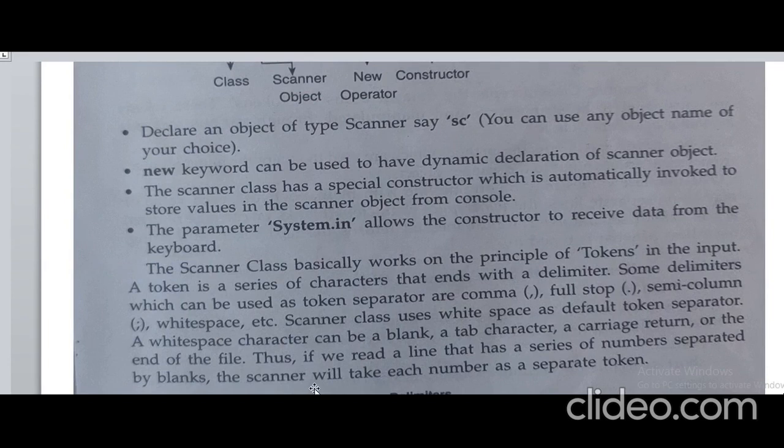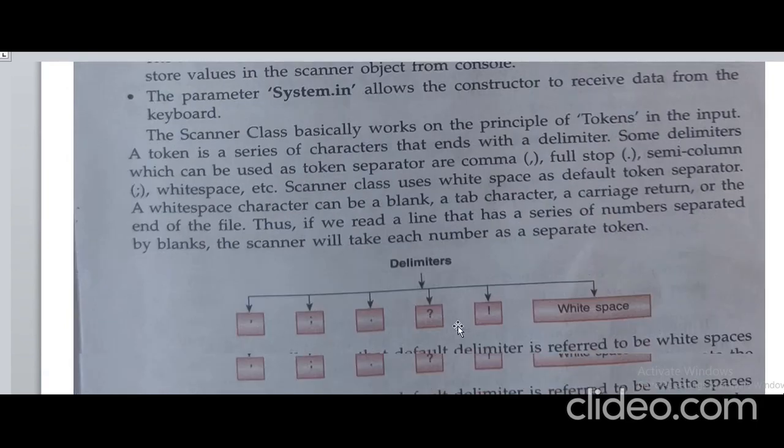A white space character can be a blank, a tab character, or a carriage return at the end of the file. These are delimiters, you can see here.